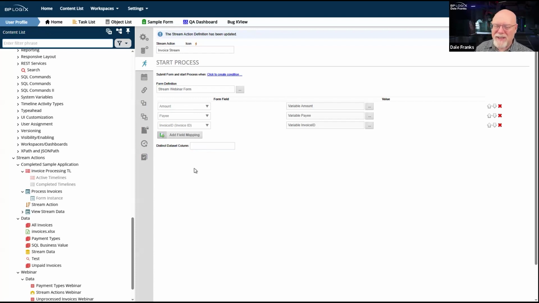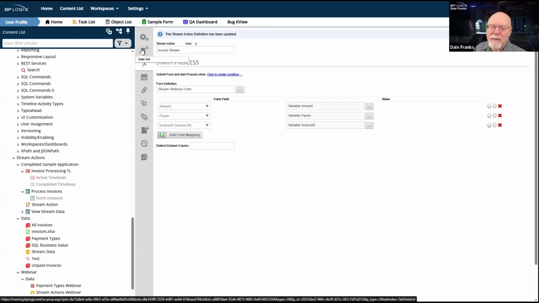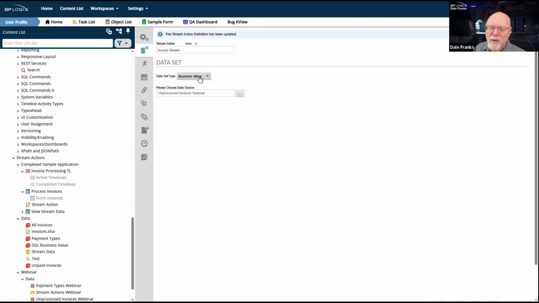So we have this select distinct, or distinct data set column setting. That's not going to be relevant to almost anything that you do here, but there are some edge use cases where you have to select a distinct column because you might get multiple matching records, especially if you are back over here using the data set and you set this to a SQL data source.